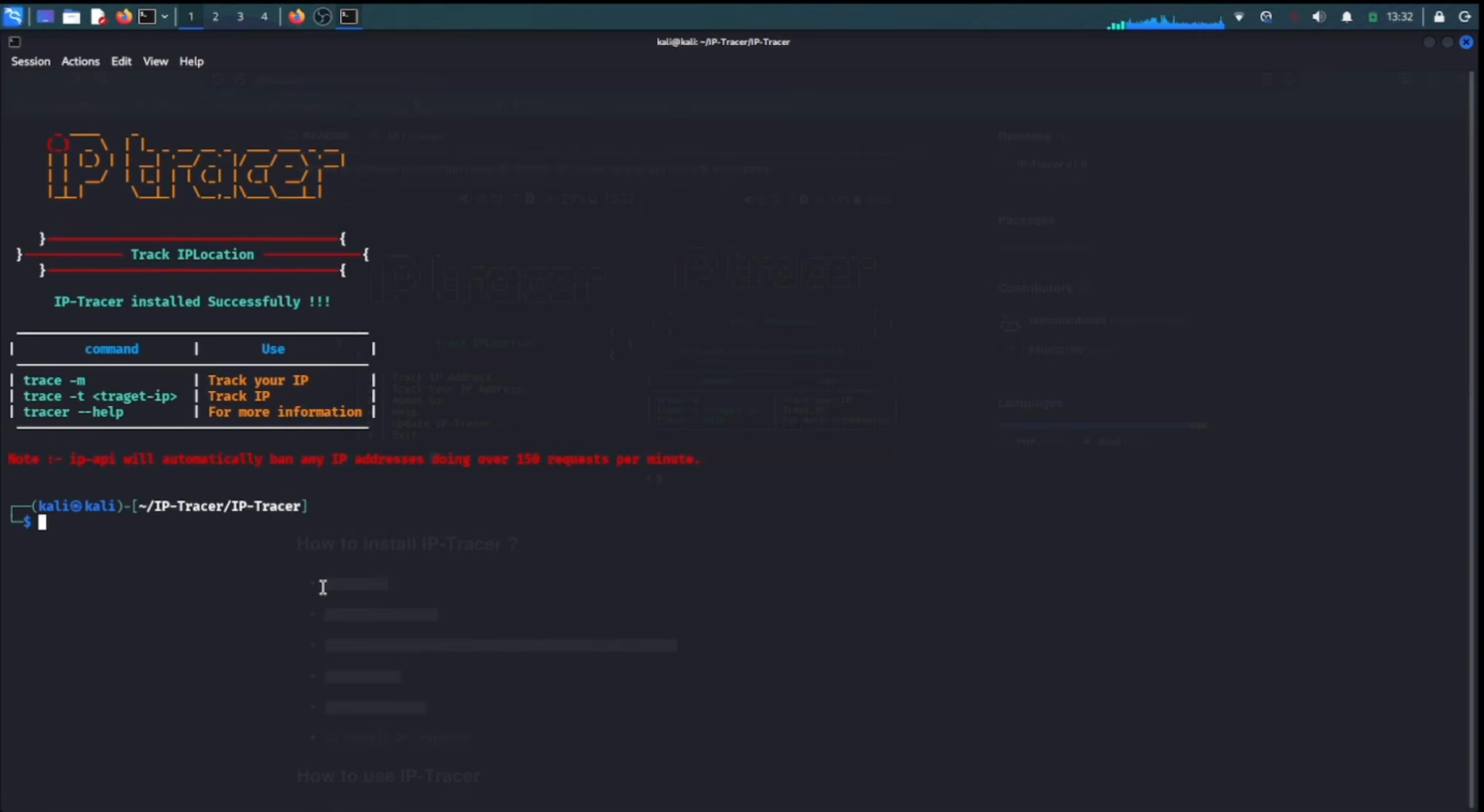Now, let us move on to tracking another IP address. This is where the tool shines for network administration and ethical reconnaissance. To track others' IP address, you will use the t flag. For example, to track a target, you would type trace -t target IP. Let us use the local loopback address as an example. You would type trace -t